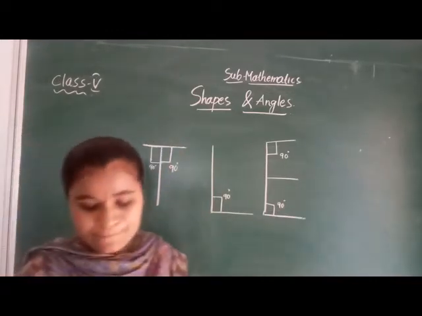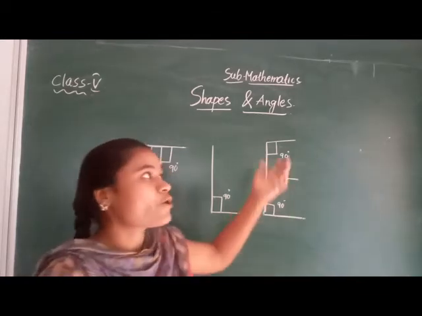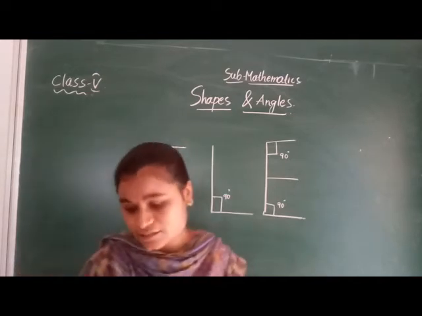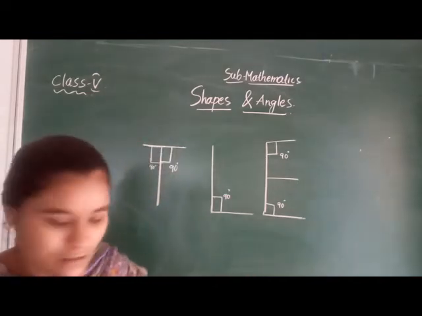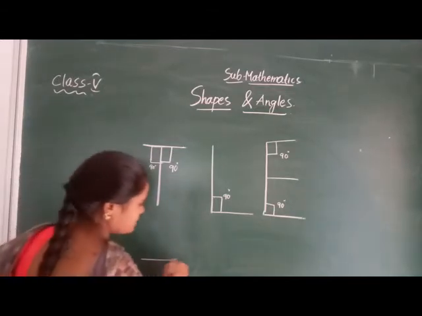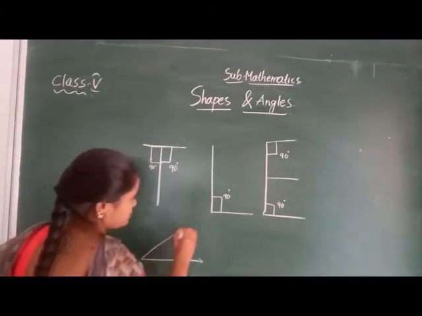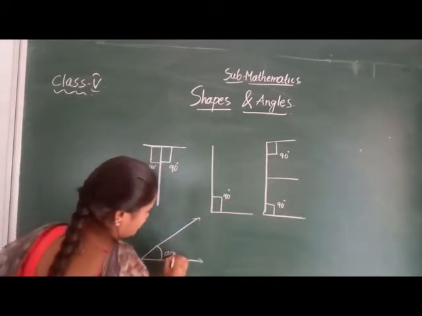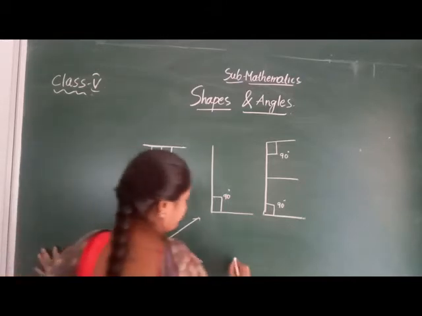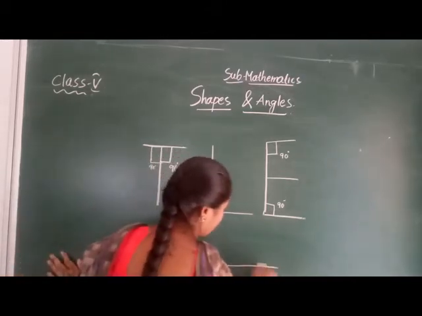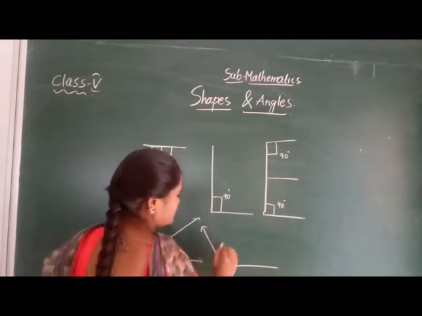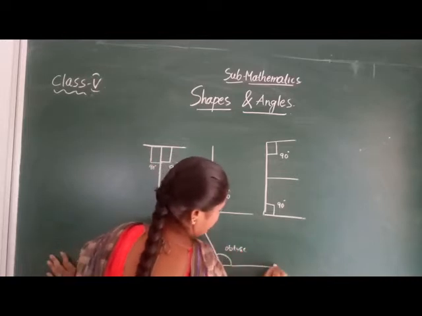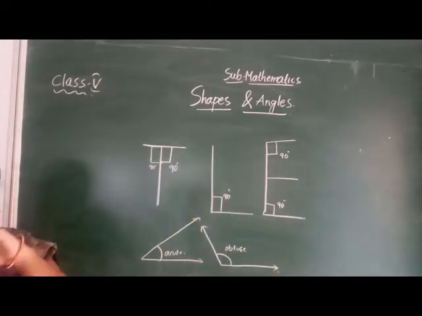Suppose, see, benches also there. In your house you have corners, right? Those corners also are there. Doors are there. Clocks are there. These are all angles, right? Suppose this is one object and this is one object. So this is the acute, below 90 degrees. This one and this one. Like this means this one is the obtuse. These are the angles, okay ma?